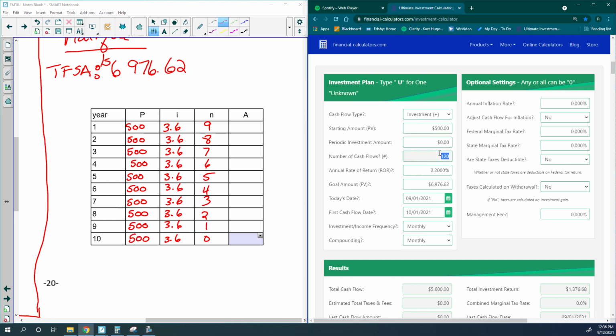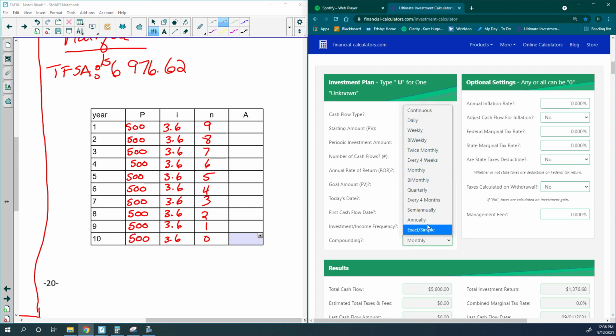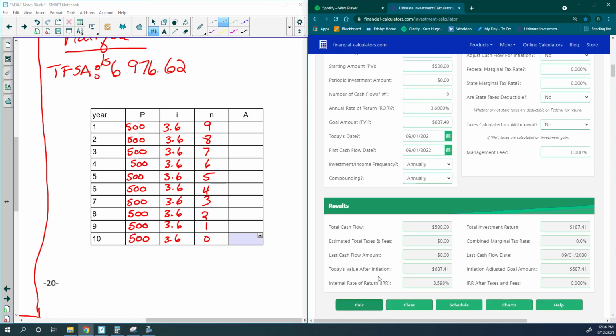Periodic investment amount is 0. So the number of years for this investment is 9. The rate is 3.6. My future value is unknown. We're doing these annually, so the dates need to be a year apart: 09/01/2022. My drop-down menus need to be annually. Hit calculate. So the first one is